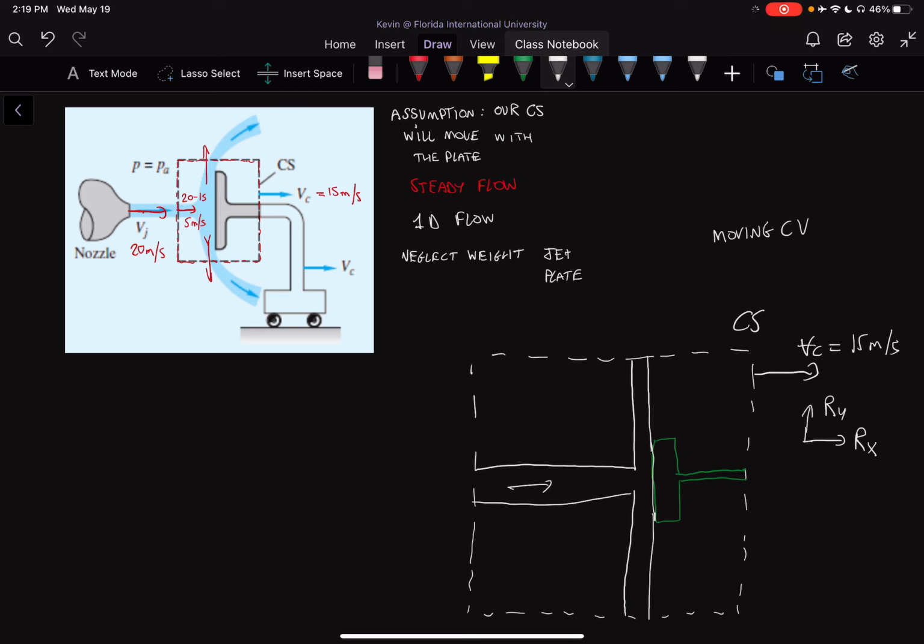Okay, so we have water coming in like this, and it's going up like this and going down like this. That's what our jet looks like in the most simple way. Now, we know that we're going to call this point J, because we have everything in terms of the jet. So this is the jet, and we're going to call this point J, and we're going to say that there's an area J where our